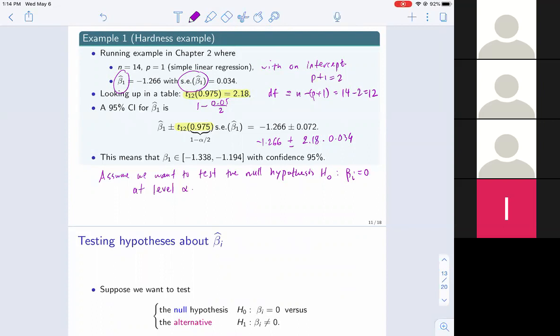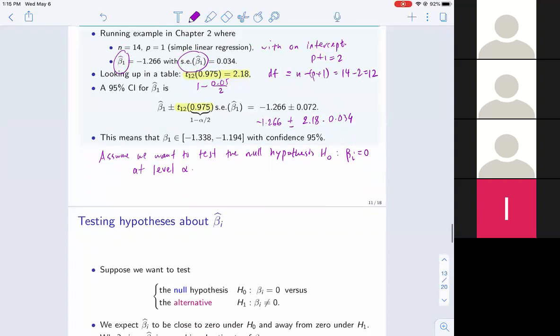What it means is that under the null distribution where beta I is 0, I want to reject the null at most alpha % of the time, at most 5% of the time. So 95% of the time I want to keep the null, do not reject. And you can argue it's not difficult to see that this is equivalent to